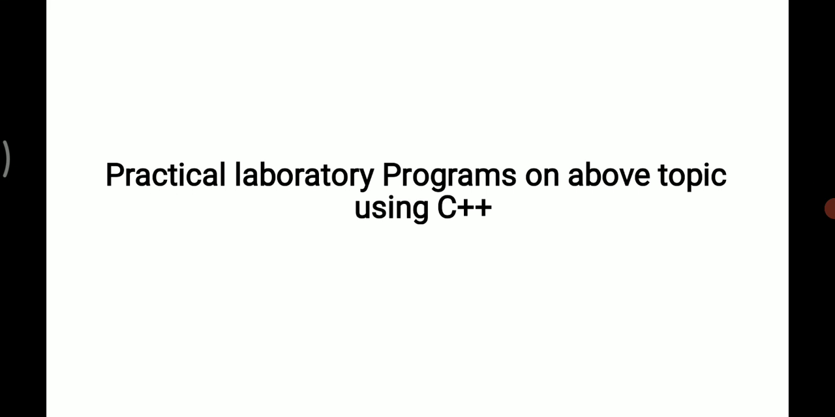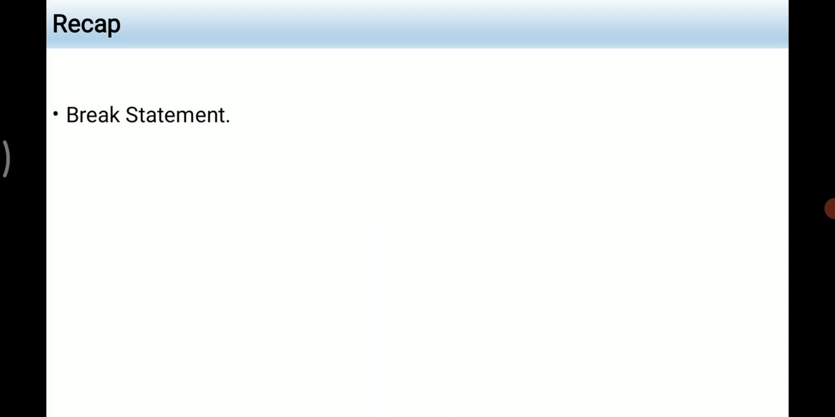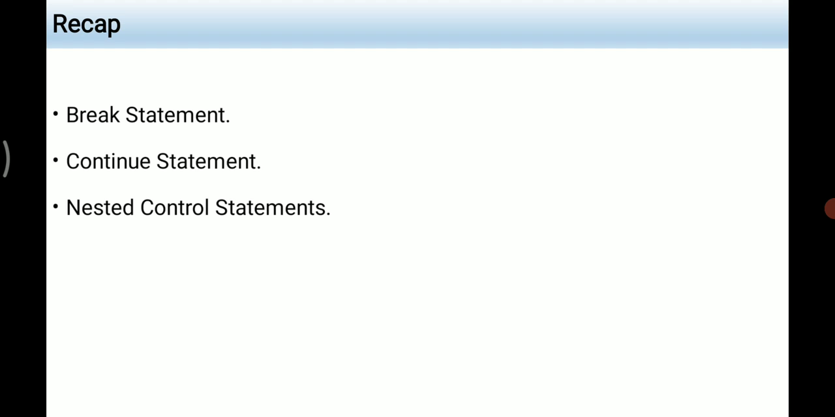The session topic is Practical Laboratory Programs on Above Topics using C++. So in the previous session, we have learnt about the break statement, continue statement, as well as the nested control statements. So the session objectives are: